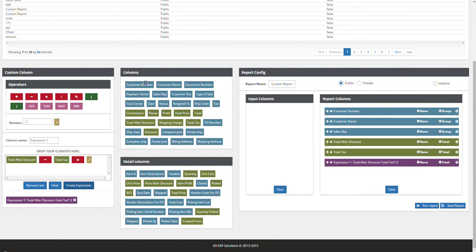Now, for this report, I want to be able to search by the customer number, the customer name, and the sales rep. From here, I can give the report a name, and I can decide whether to make it a public or private report. I can also choose to make it inactive if we decide we no longer need this report. This is all optional. From here, I can go ahead and run the report,